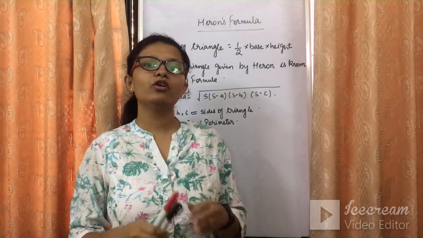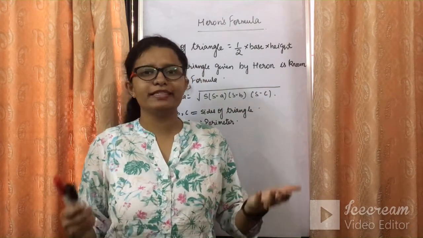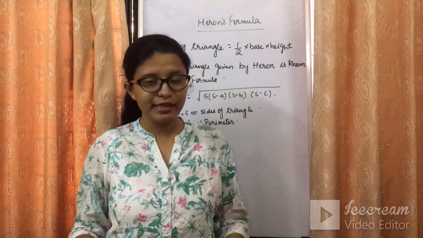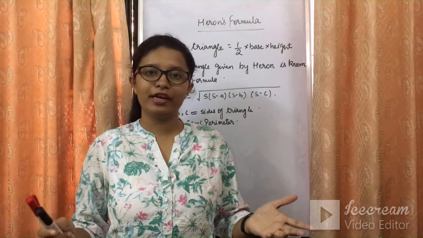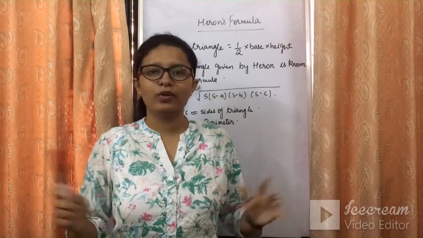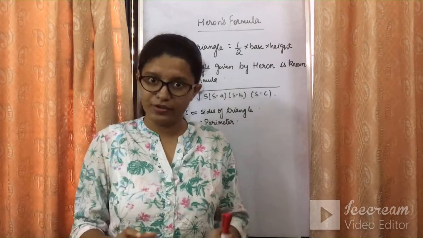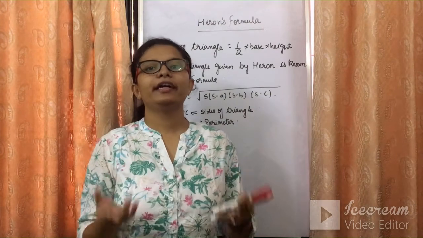So, first of all, हम लोगों को अगर एरिया ऑफ ट्राइंगल निकालना हो तो we have a formula like half base into height, जो कि हम लोग बचपन से पढ़ते आ रहे हैं. If you need to find the area for a triangle, you need to apply half base into height. But if the triangle is a scalene triangle, an unusual triangle whose three sides are given to you, but you need to find the area for that triangle.